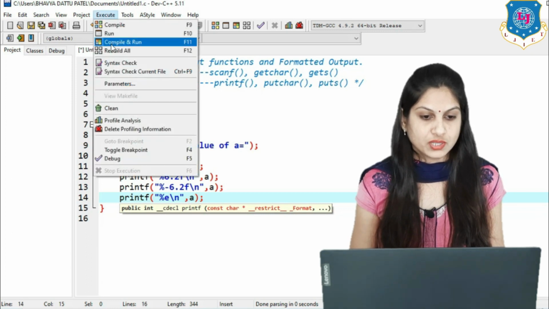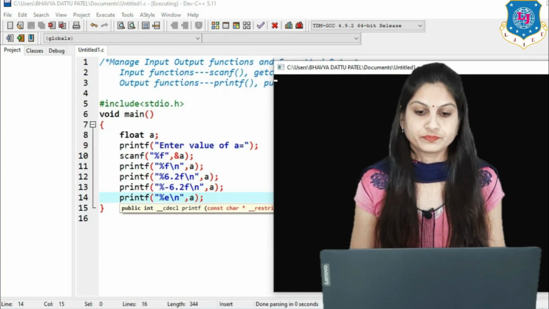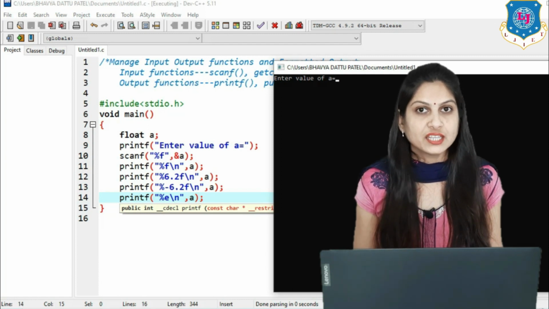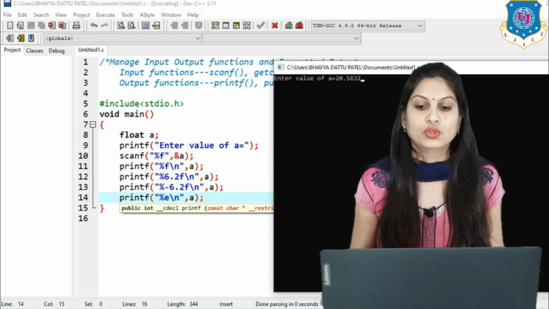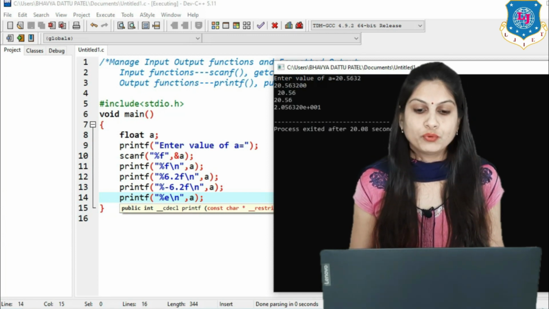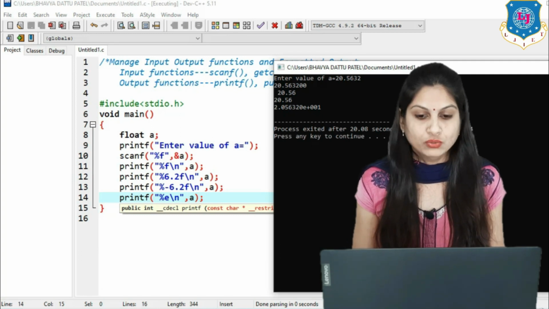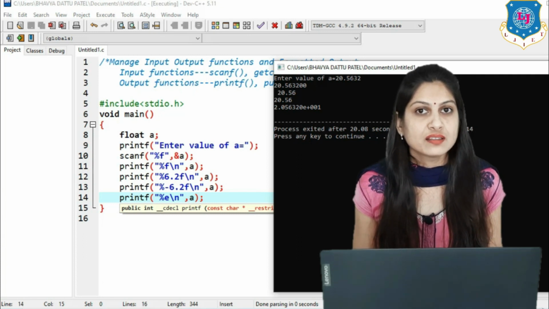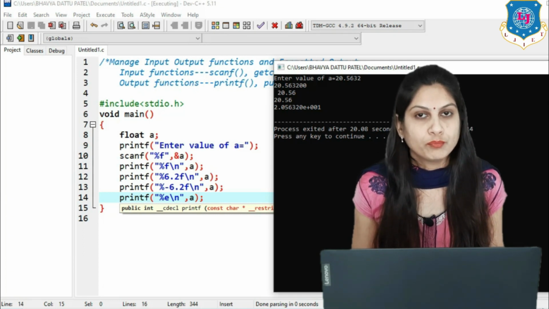Now just check the output of this program. First compile and run, and see the message. Enter the value of a, and here we have to enter a float value. Suppose I write 20.5632. The output is now changed. The first %f prints the whole value, that is 20.563200, with the remaining digits as 0 because float supports 6 digits after the point.